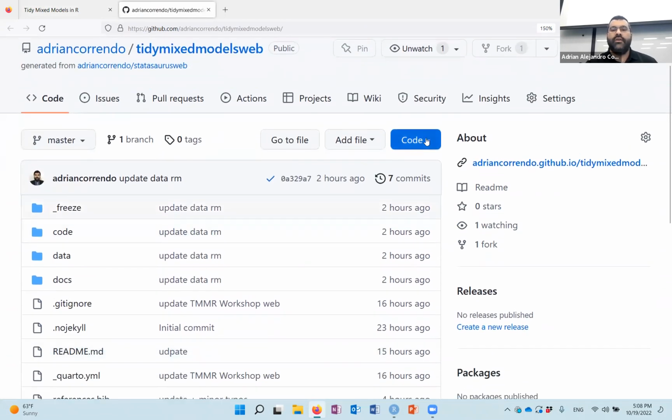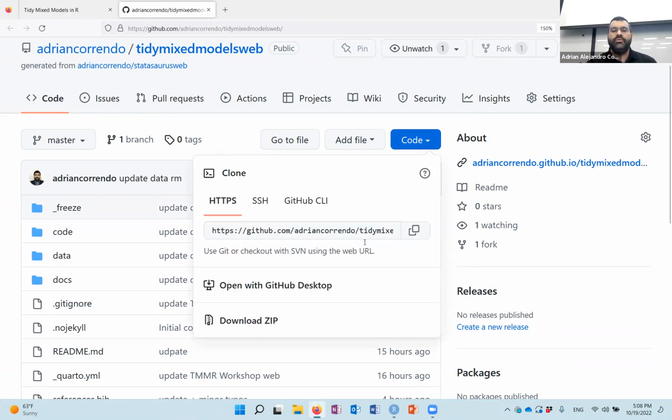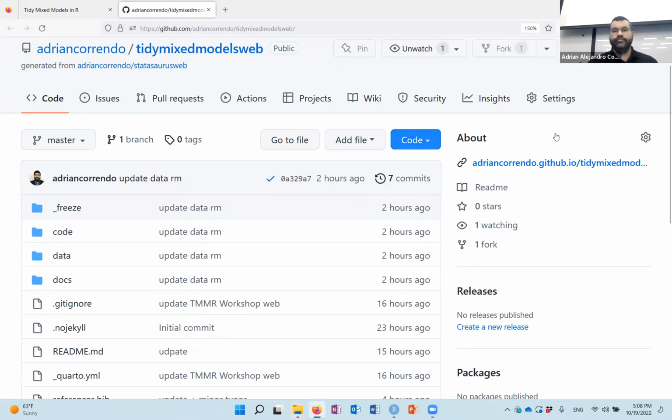If you don't have it this way and you want to download it to your computer, you simply need to download this as a zip file, and then open it wherever you want on your computer. Since it's within a project, you will be able to run it as it is. As I recommended in the email,